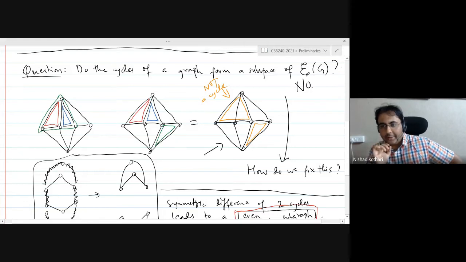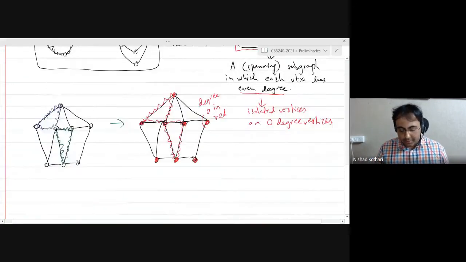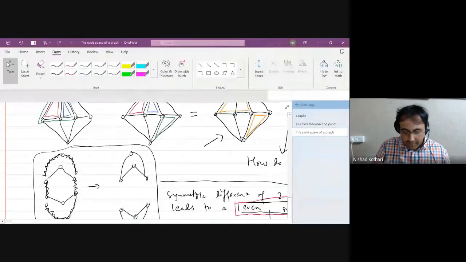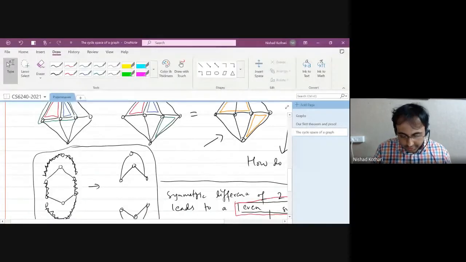But yeah, you are right. It can be shown that each component is two-edge connected, but let me not go into that right now. So you're right. We will come to two-edge connectivity later in the course. Since some of you may not be familiar, I don't want to go into uncharted territories right now.